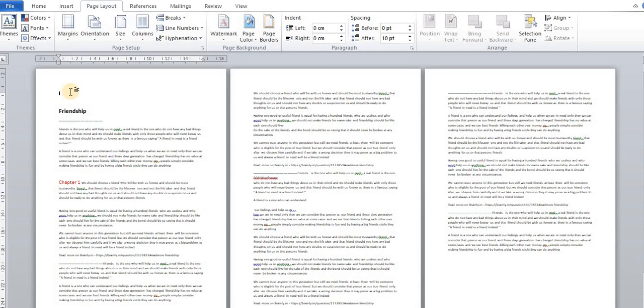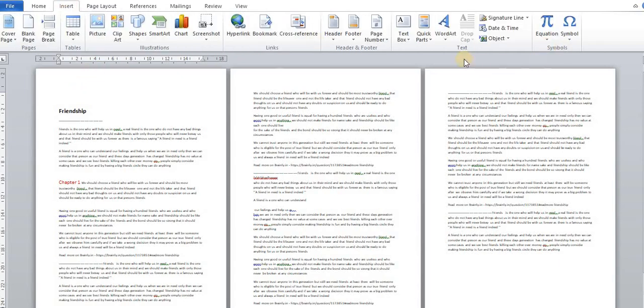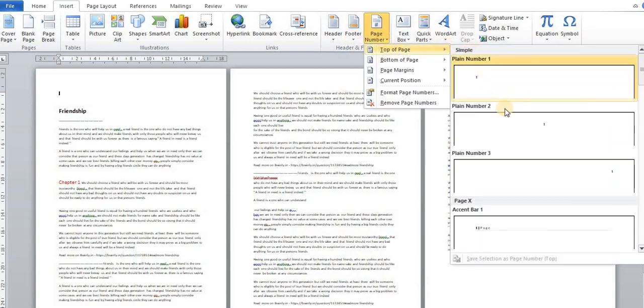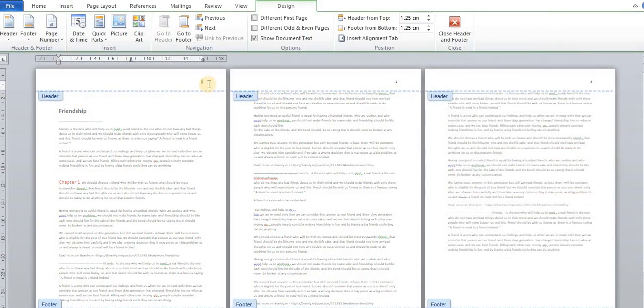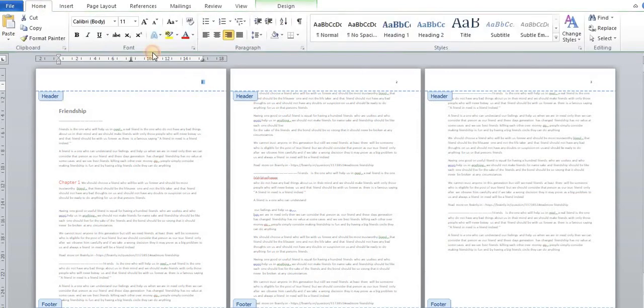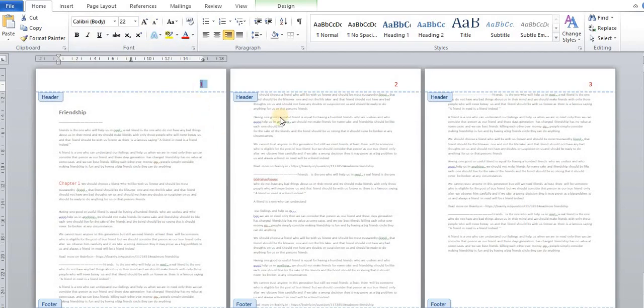First we should assign the page number to all pages. How can we insert the page number? It's very simple. Go to insert, choose page number, and at the top of the page write down your page number. Now increase the size and make it red. Now you can see the page numbers 1, 2, and 3.